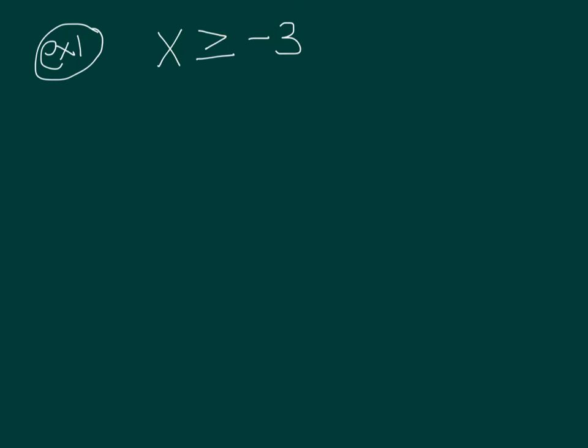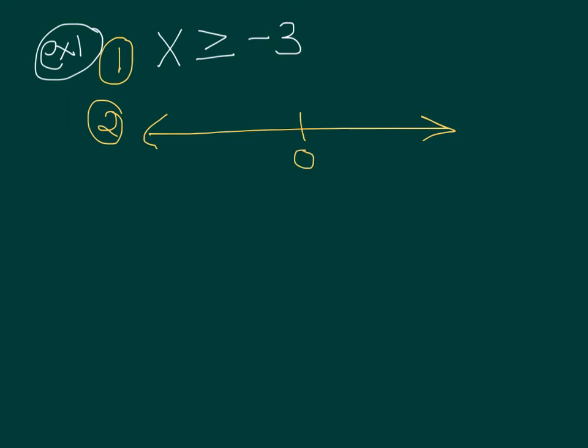Okay, so here we go. Example 1. I would like to represent x is greater than or equal to -3. Well, that's my first way of representing this inequality. My second way to represent this is on a number line, where I always include 0. The number I'm going to write here is -3. X is greater than or equal to